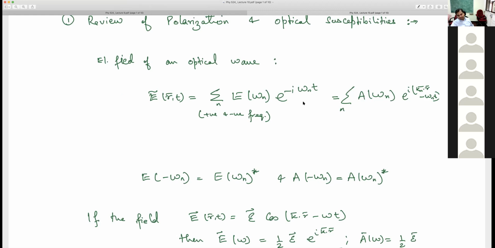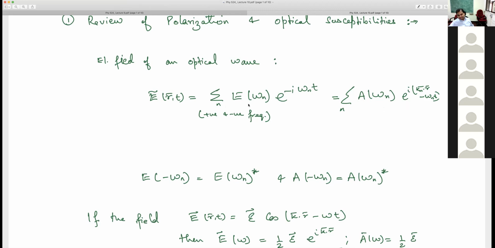So the real electric field will always be a real number. So I'll have a complex conjugate of this with some phase. They can come with a different amplitude, basically, that will give rise to a phase also. Okay, so I can write either in this notation, or Boyd also uses a slightly different notation. I have just mentioned that also.